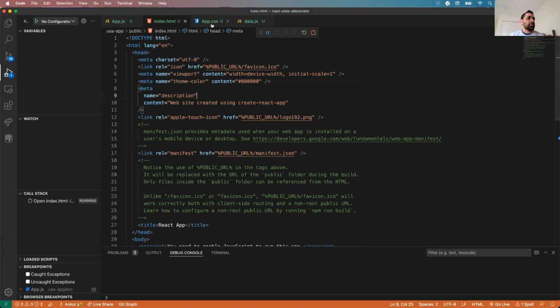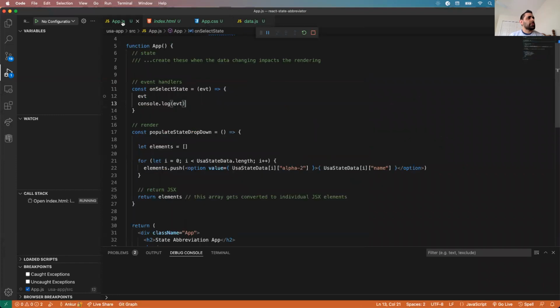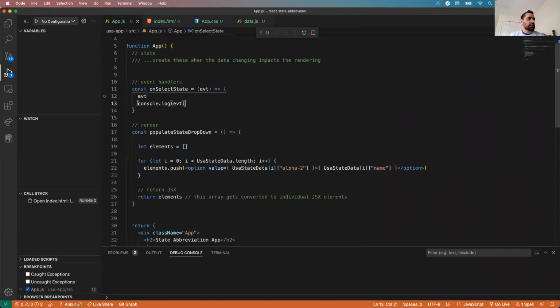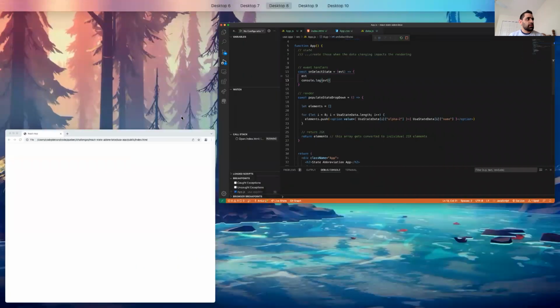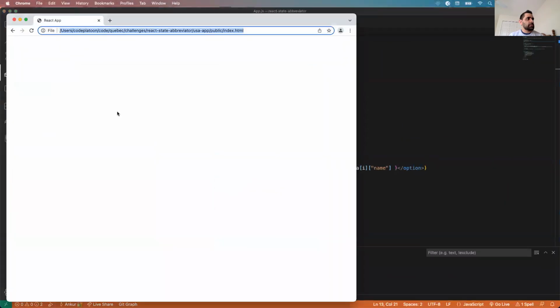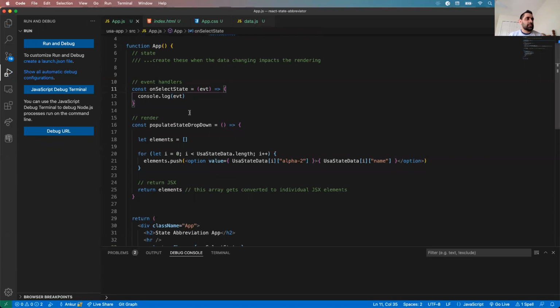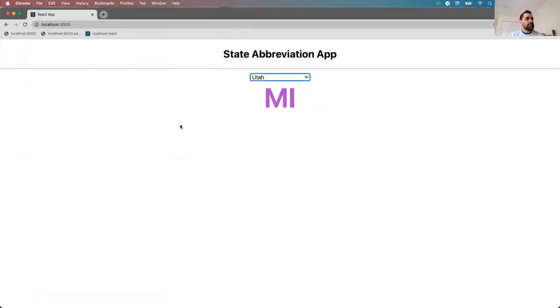All right, I might need to refresh myself on how to debug. There's a way to debug. App.js. All right, so let's see if I actually select something. Yeah, that's not gonna work. All right, I'll figure it out over break. But there's a way to debug. I'm gonna put a pin on that. But we could console log it and see what our event object looks like. That's simple enough. So if I bring up my property inspector,